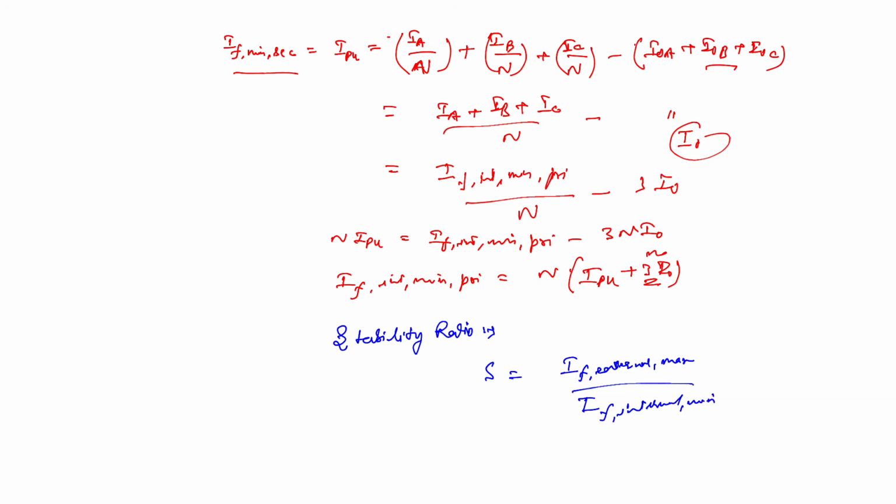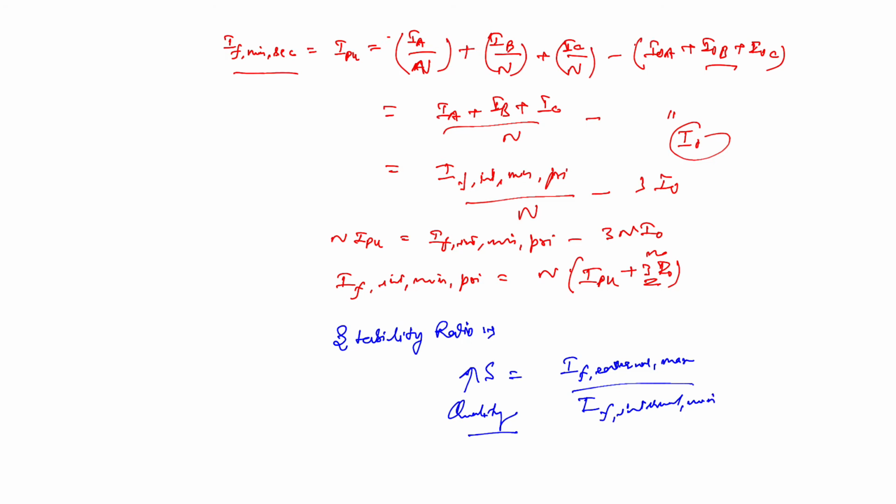So you can say that the stability ratio, denoted by As, is the ratio of the maximum external fault current for which the scheme remains stable to the minimum internal fault current for which it operates. It is actually a dimensionless quantity. The higher the value of stability ratio, the better is the quality of the differential protection. Stability ratios of a few tens are common in extra high voltage bus bar differential protection.